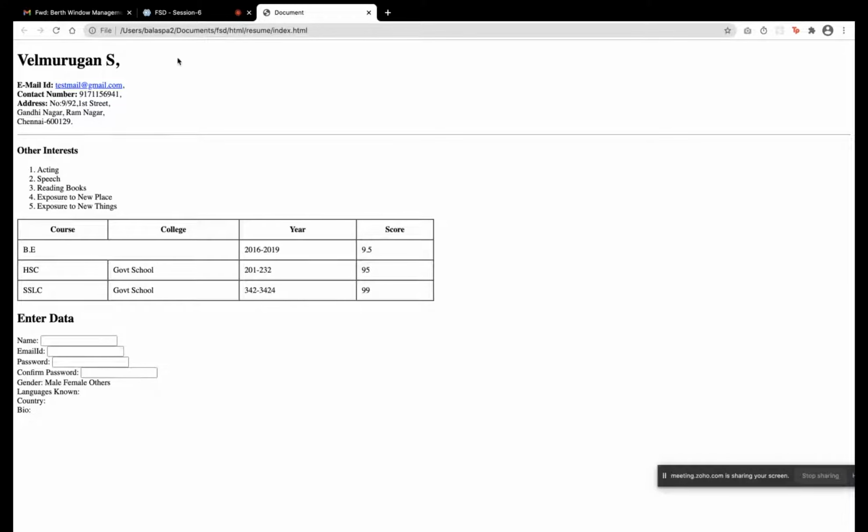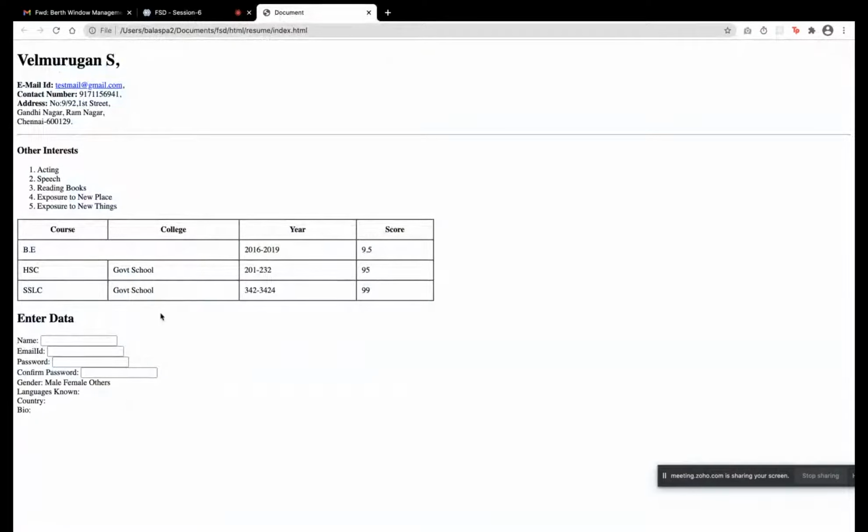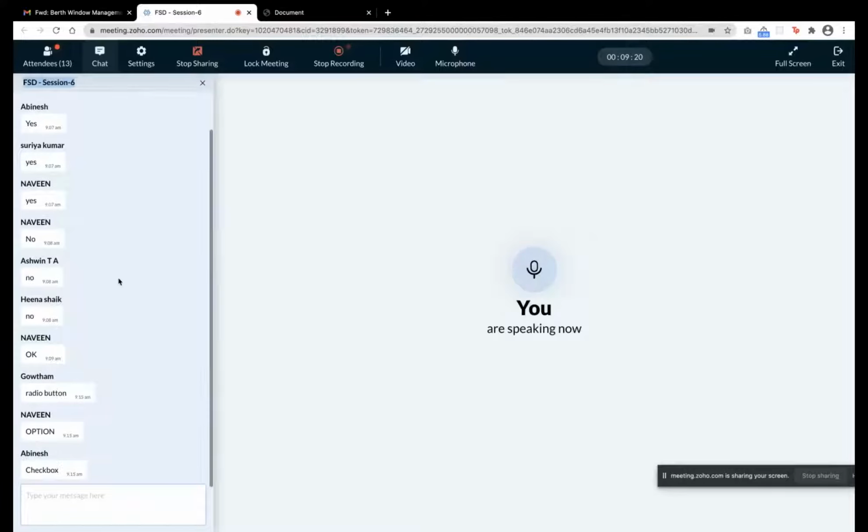Can anybody say what kind of input it will be in the form? We are filling lots of forms. What kind of input? Radio button, checkbox. Another suggestion: checkbox, so it can be male and also female and also others.